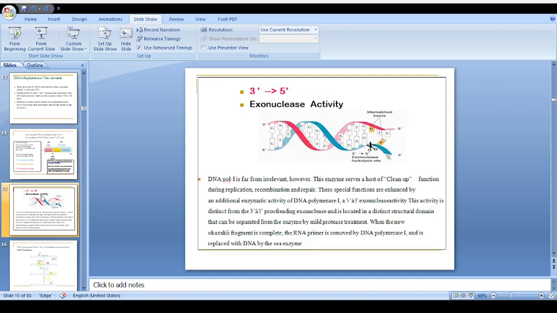Here is the 3' to 5' exonuclease function of the DNA polymerase 1. The DNA polymerase is far from irrelevant. It is responsible for cleanup function during the replication process, recombination as well as repair. The DNA polymerase 1 containing 5' to 3' exonuclease function is distinct from the 3' to 5' proofreading function because